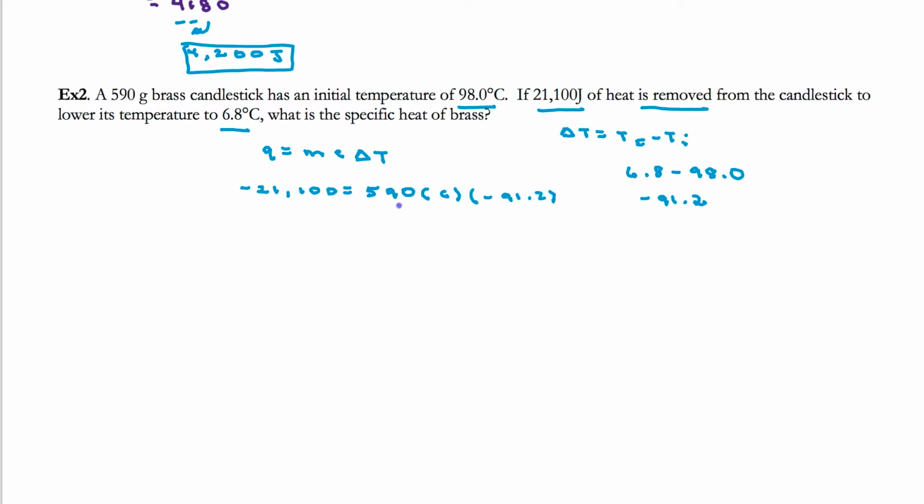Now, I simply need to solve for my C. So I will first multiply 590 by negative 91.2. And what I get here is negative 53,808 times my C, equals negative 21,100. And then I'm going to divide both sides by the negative 53,808. And what I get for my specific heat, my C, is going to be 0.392